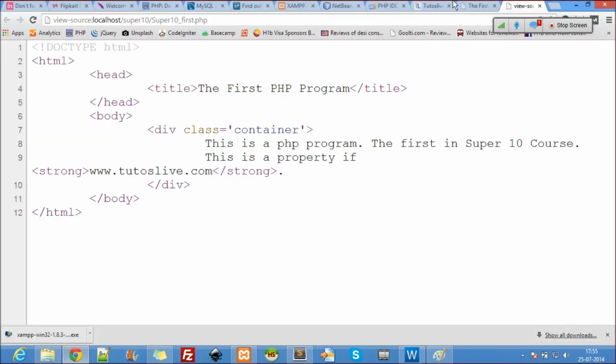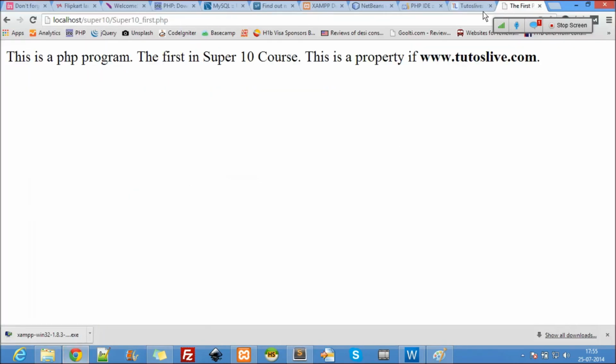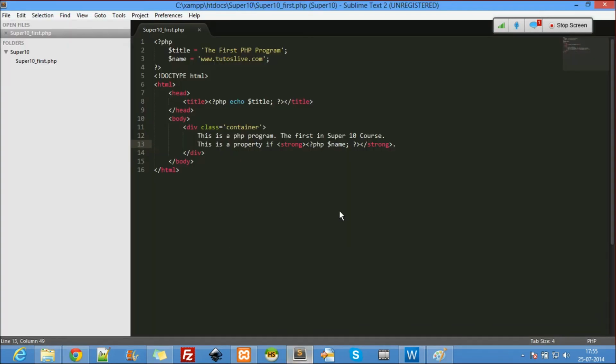Let's do it. This is our first program. I refresh. Do you see anything there? Nothing. The reason? You have to echo. This is the first mistake freshers make. And you know what the second mistake is? They forget the PHP tag.